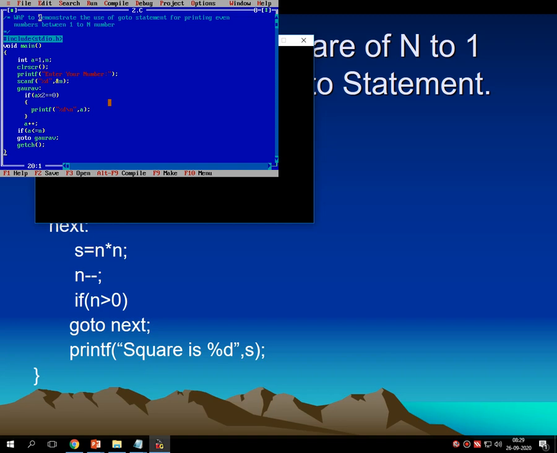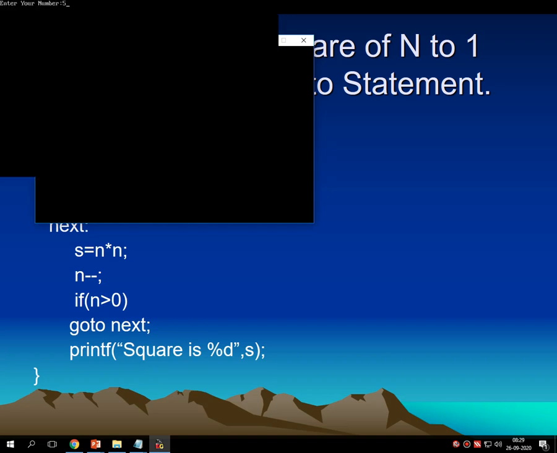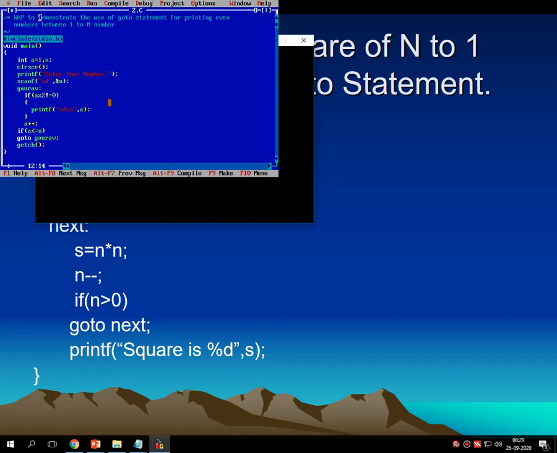Now to make this program, what I am doing, this is for printing n to 1 numbers, n to 1 even numbers in the program, right? So here I am just changing the condition of if to not equals to 0. Then let me run the program and I am entering the value 5, then the output should be 1, 3 and 5. So it's there, this is correct.